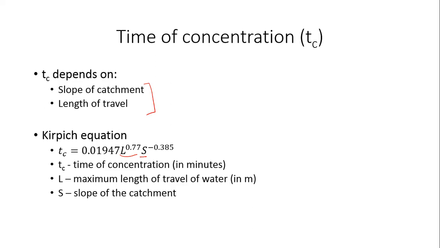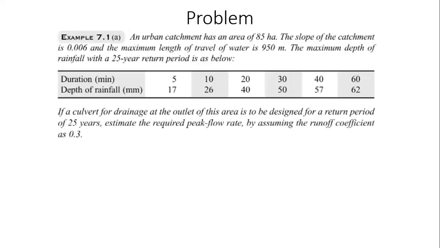Okay. So now we've found out how to estimate time of concentration given the length of travel, L, or the slope of the catchment, and given the runoff coefficient for a catchment, you can very easily estimate what the peak runoff rate from the catchment will be. Okay, so let's solve